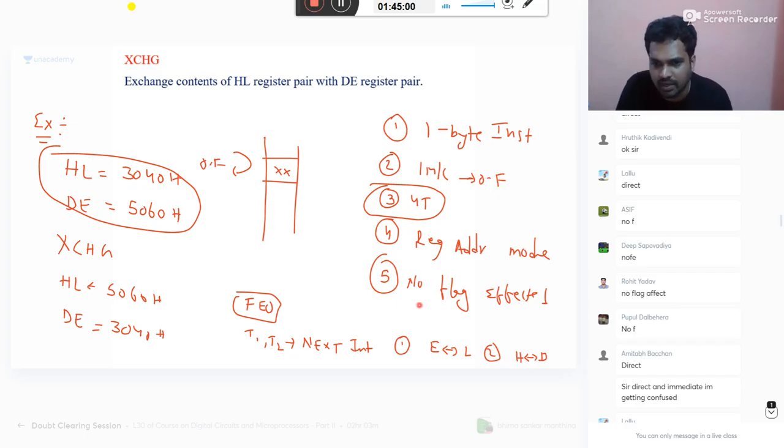Okay, these two will happen in the T1, T2 states. Why reverse here? It is bidirectional. Whether you write H to D or D to H doesn't matter. It is exchanging both. It's a bidirectional arrow. If you are comfortable like this, you write like this, no problem. Your happiness is also my happiness.